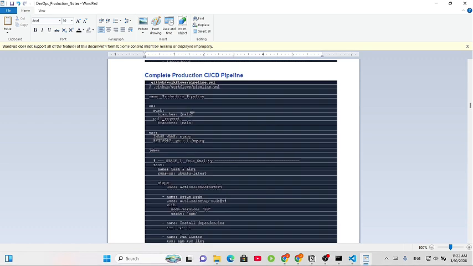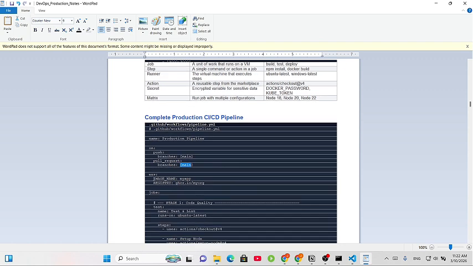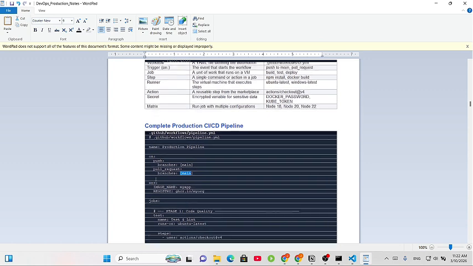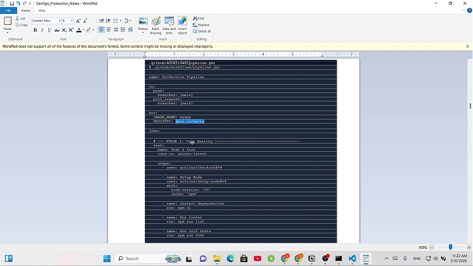So this is an example of a production CI/CD pipeline. You can see here we put the name, production pipeline. On means the trigger, the event that starts the workflow. We put here push, branches, main, and pull request, branches, main. And env is the environment variable, image name, my app registry. Jobs is a unit of work that runs on a VM: build, test, and deploy. So stage one we have